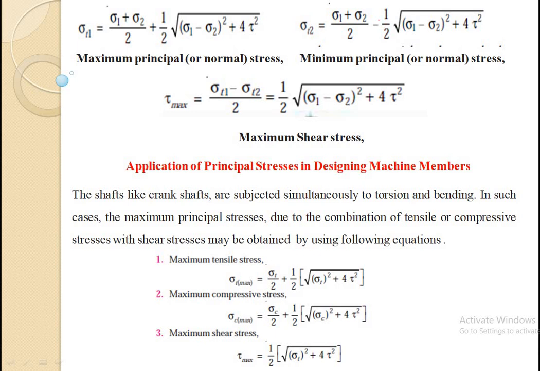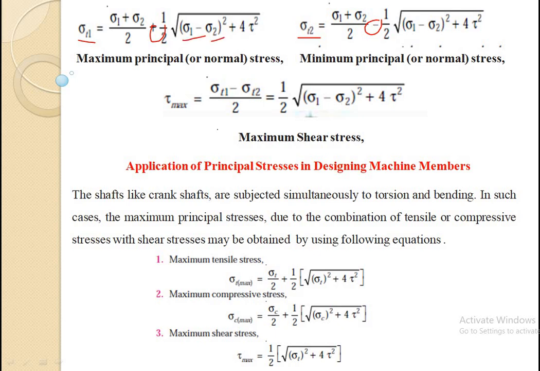The only difference is this plus and minus. When we are calculating maximum principal stress, we use the plus sign, and when we are calculating minimum principal stress, we consider the minus sign. Now these are the two principal stresses, keep in mind. These stresses are acting on the principal planes only. As we have discussed, there is a shear stress also, which acts perpendicular to these two direct stresses, sigma 1